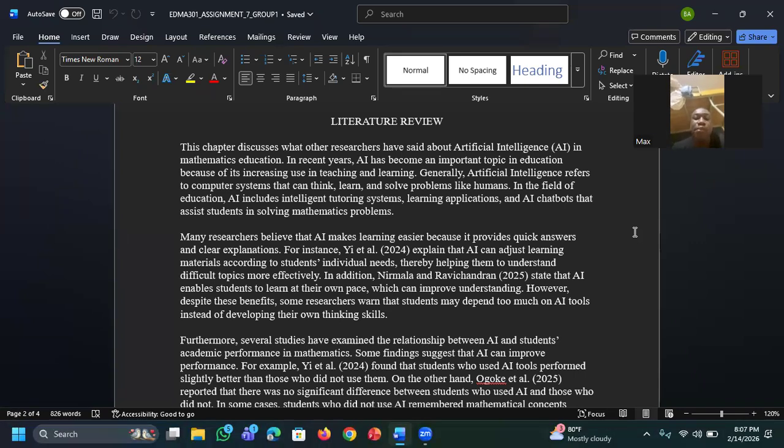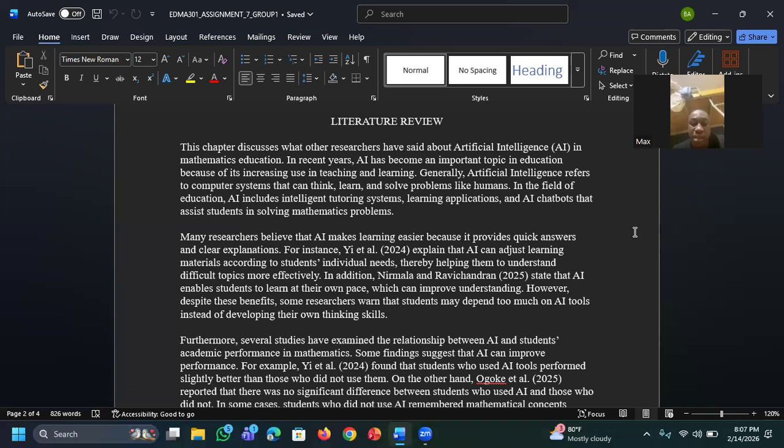Because AI can be used in our private studies, and we can feed the AI with a lot of questions for the AI to help us in our private studies, and it builds confidence. So, in addition, Nimala and Rachel state that AI enables students to learn at their own pace, which can improve understanding. However, despite these benefits, some researchers warn that students may depend too much on AI tools instead of developing their